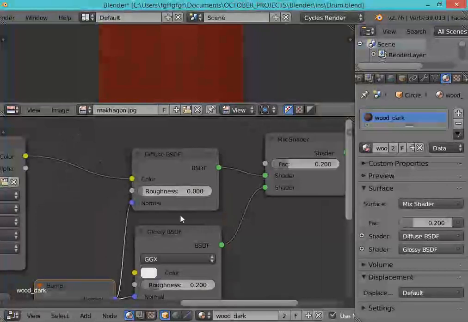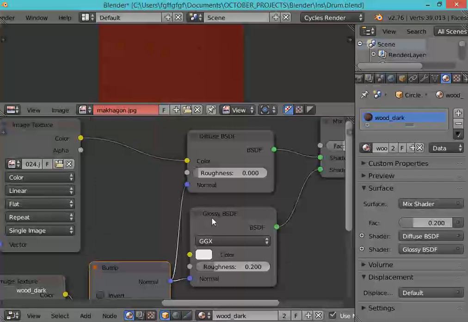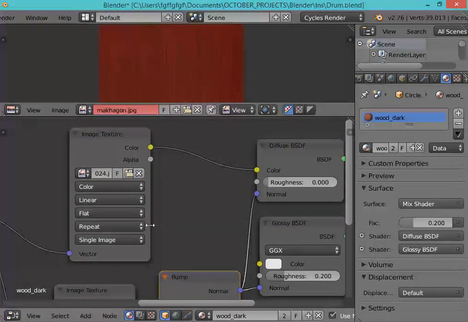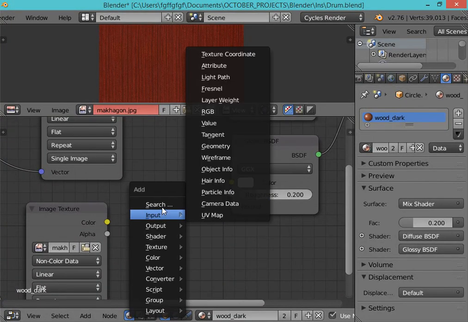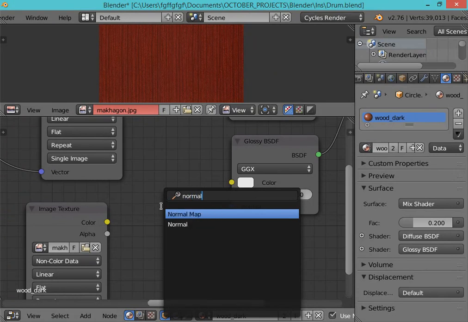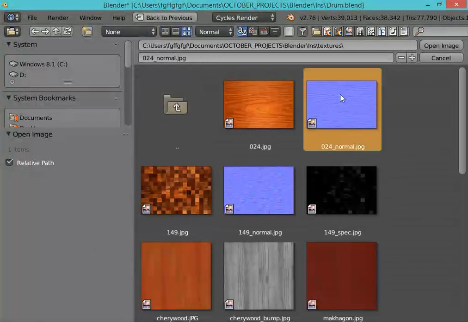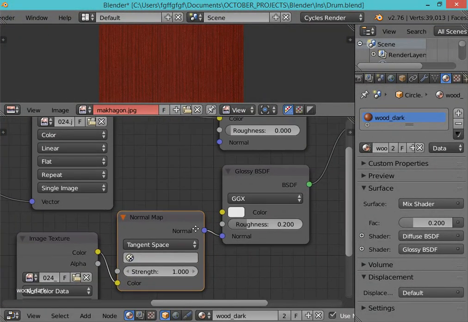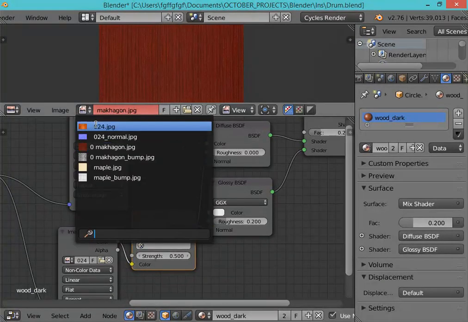I will go to the node editor and change it to be like this, and we will not use this bump and use a normal map instead. And here is the normal map, color to color, normal to normal, strength 0.5. If we use this one,